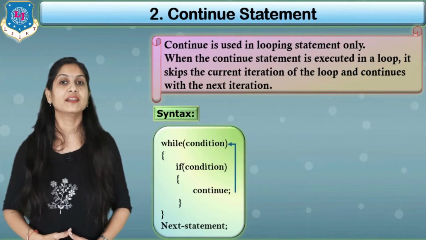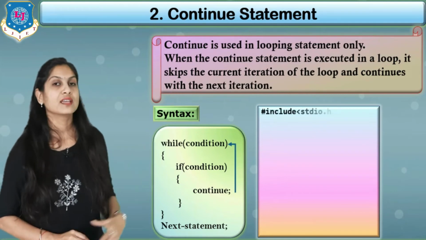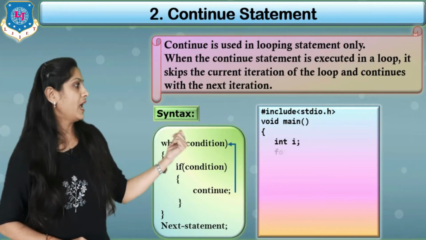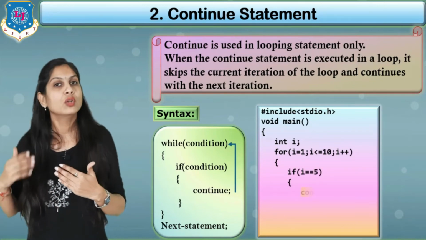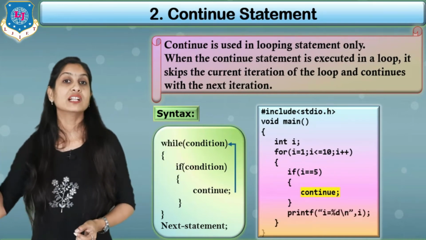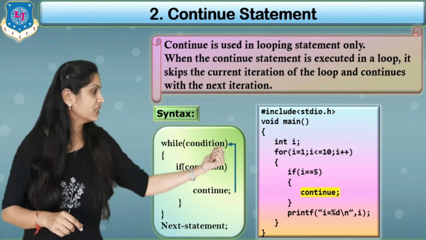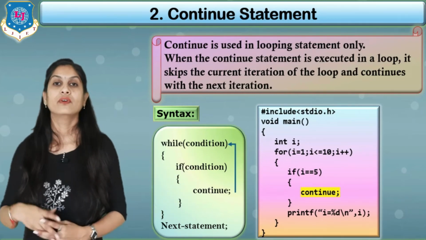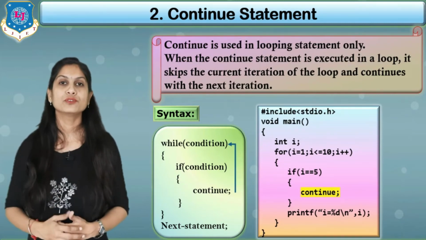Now the same example we are discussing for continue, only the output will change. So first is a header file, then in void main the variable that is integer i, and for i equals 1, i less than equals 10, i plus plus, that indicates our for loop will be executed 10 times, and the same condition is there, if i equals 5. In this case we do not break the loop, but we continue. So just put the keyword continue, and then after the if we write printf i equals %d slash n, value of i. Clear? Now what is the output of this program?